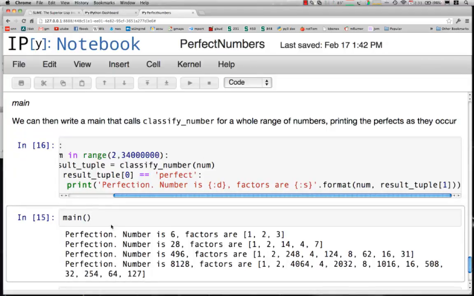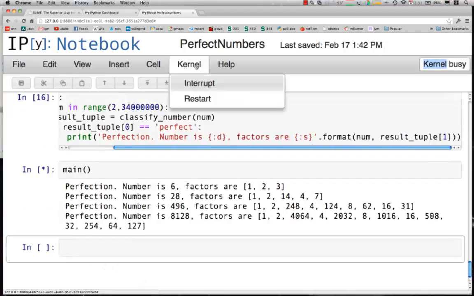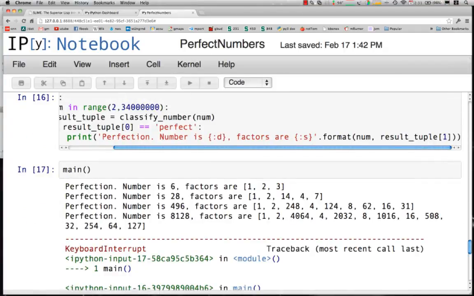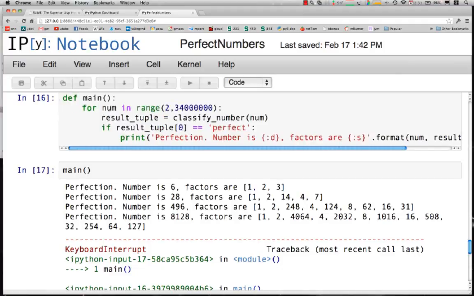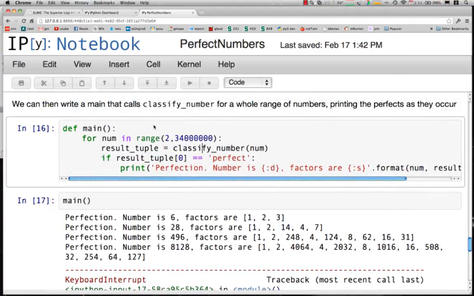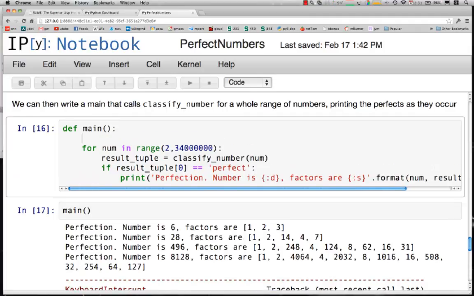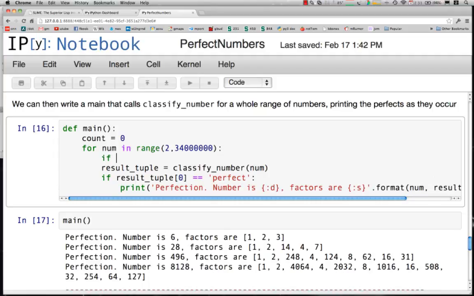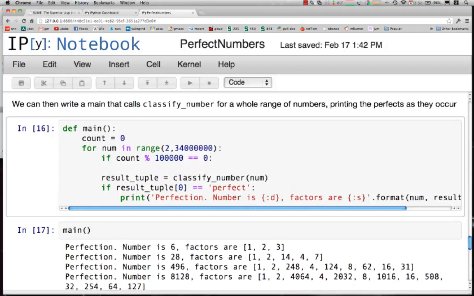Let's see how long that might take. I interrupted the kernel at this point because it was taking clearly too long, and just as a check, let's just see how bad it was going to go. Let's make a count. Start at 0. Every time we go through, we're going to make the count go up by 1, and we're going to ask a question. If the count remainder, let's go by 100,000, equals 0, so anytime it's divisible by 100,000,